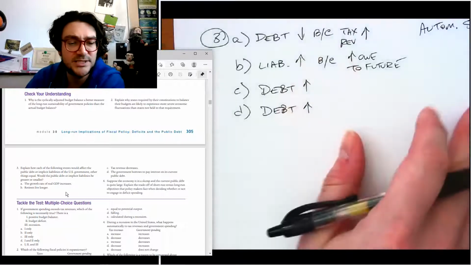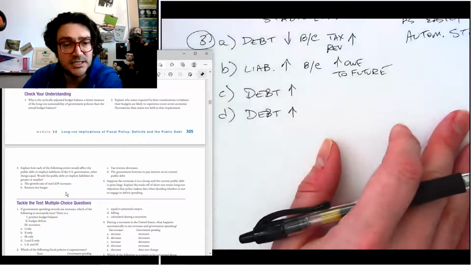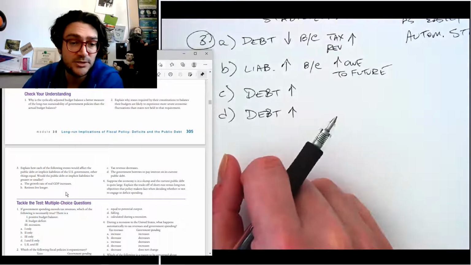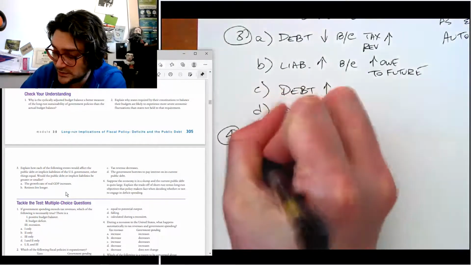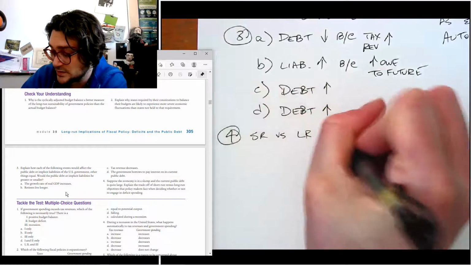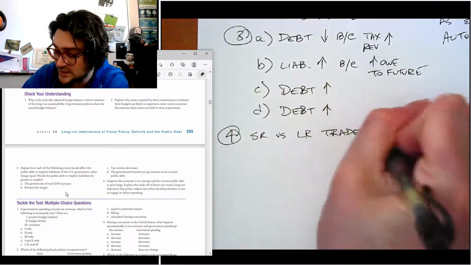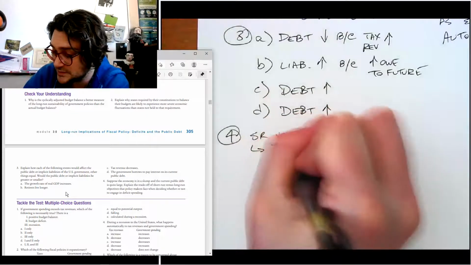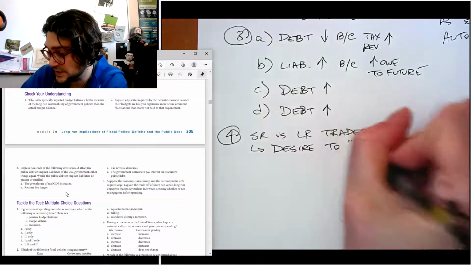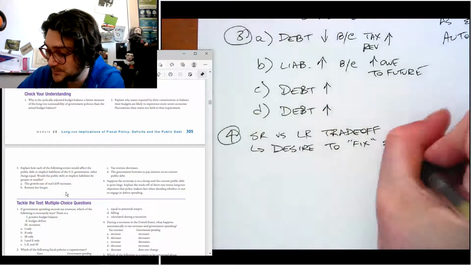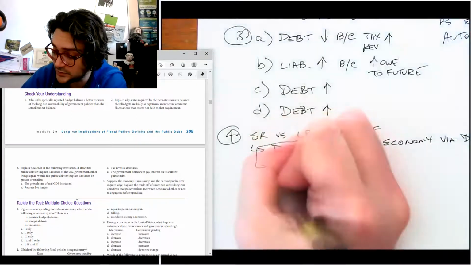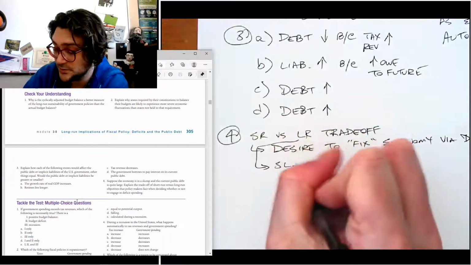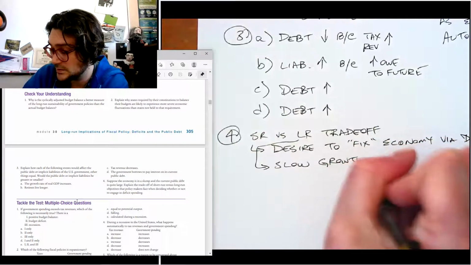Question 4 says, suppose the economy is in a slump and the current debt is quite large. Explain the trade-off of short-run versus long-run objectives that policymakers face when deciding whether or not to engage in deficit spending. So the trade-off, right? The short-run versus long-run trade-off is, in the short run, you have the desire to fix, we'll kind of put that in air quotes, the economy via deficits, right? Deficit spending. But in the long run, that will slow the growth of the economy